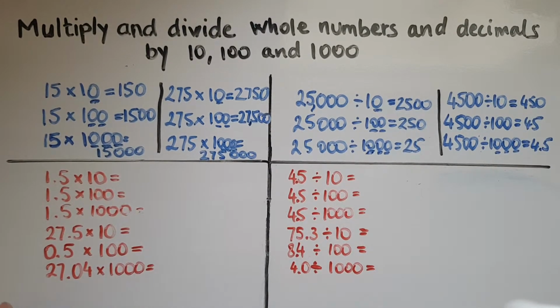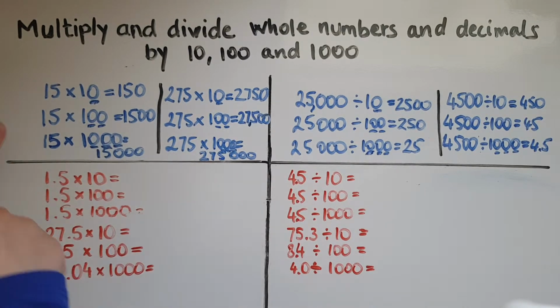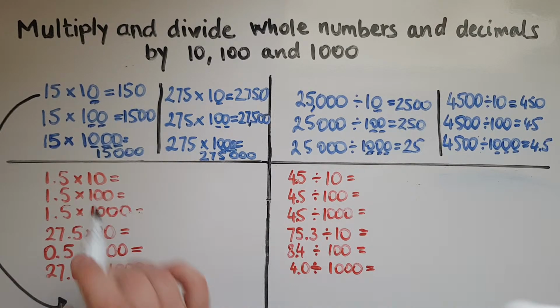To help us understand how to multiply and divide decimals by 10, 100 and 1,000, I'm going to use one of these previous examples with whole numbers. So what I'm going to do, that was 15 times 10. I'm going to write 15 as a decimal. So I'll write it as 15.0. And as you know, 15.0 is exactly the same as 15 because it's telling me I've got 15 wholes